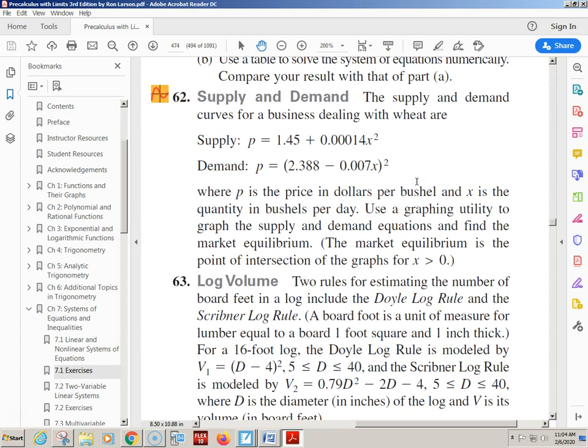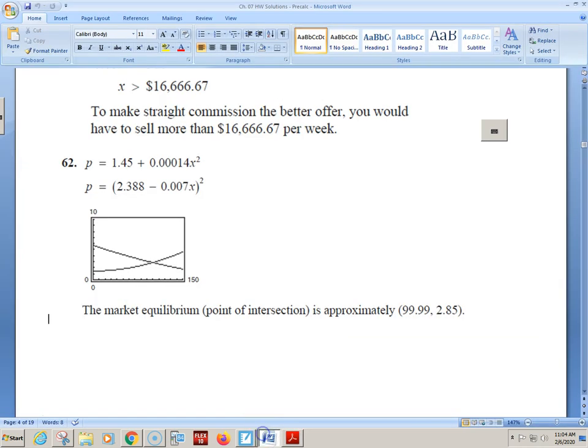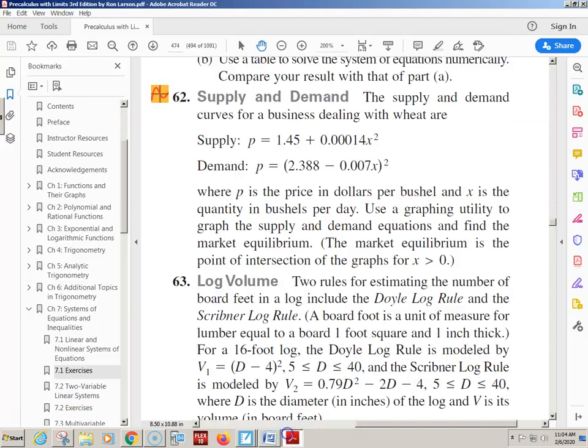Yeah. Supply and demand. They give us two different curves that we can graph on a calculator, and so there are both of the curves if you've got a good window. Which going up 10 is okay, Zoom standard, but I had to go 150 to get this good picture. So you would have had to play with your window and zoom out, and go over. That would have taken a little bit of time to find that. But eventually, if you got that picture, you have your two curves, you have an intersection point, and if you looked in your book, when we're talking about supply and demand, which is a very like economics kind of concept,